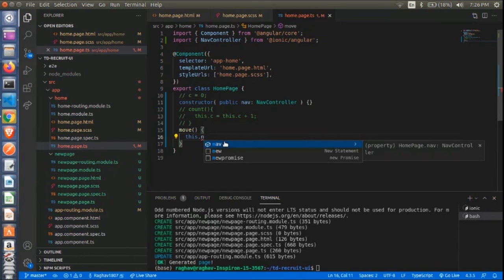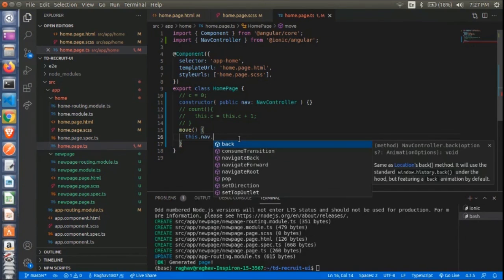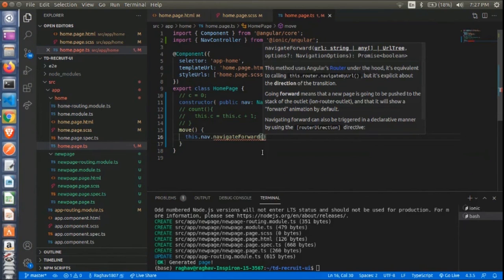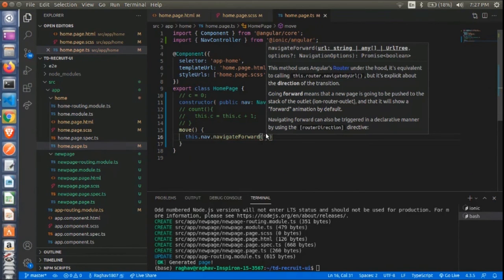You can see that nav automatically comes over here, showing that we are going in the right direction. Now nav has various functions to navigate to a new page: navigateTo, navigateForward, navigateBack. Inside navigateForward, we have to specify the route in which the new page exists.